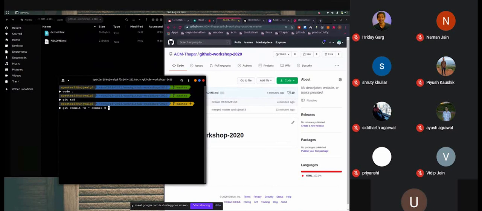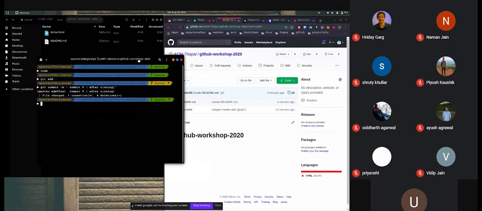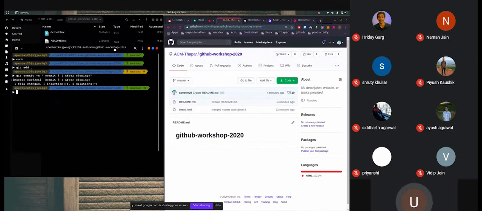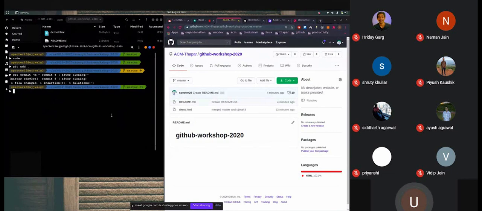I will commit these changes. Now this time I don't have to configure the origin remote, because when we clone a repository, Git by default sets the origin remote to point to the repository itself. So I just have to use the command git push origin master.